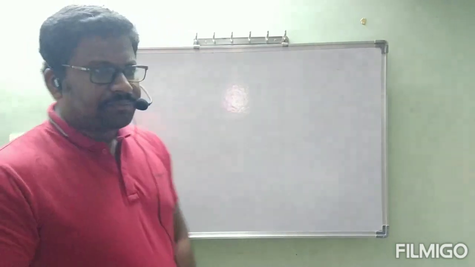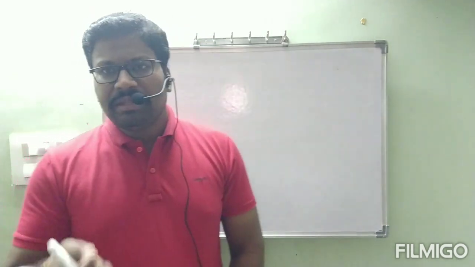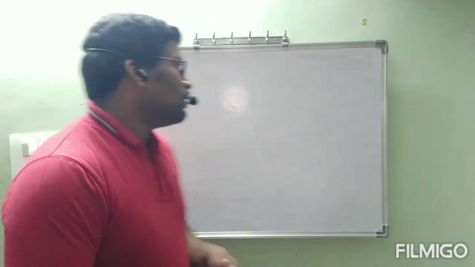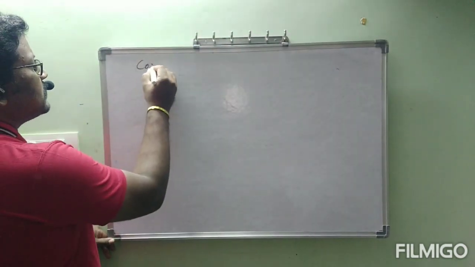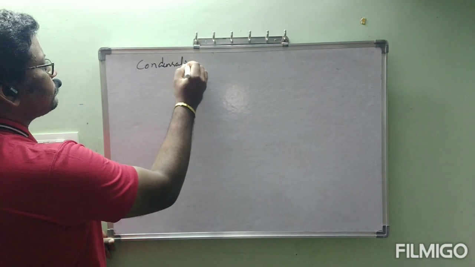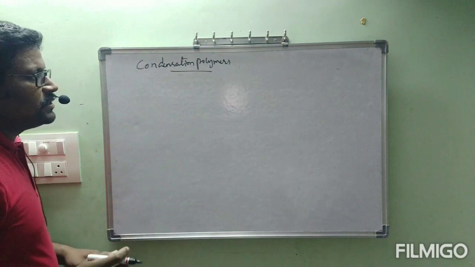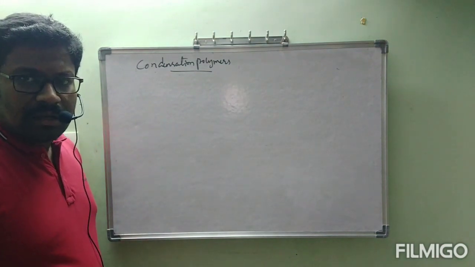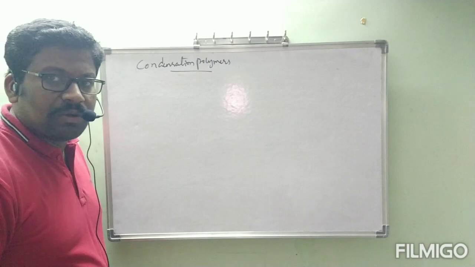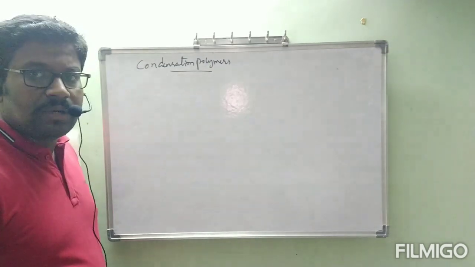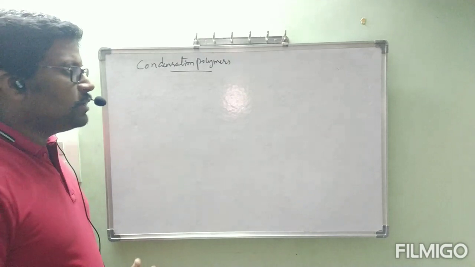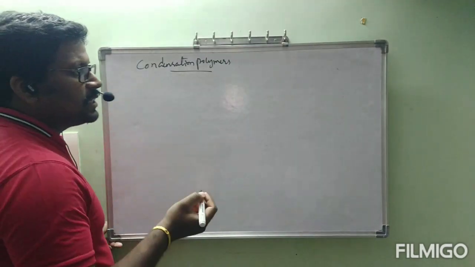Okay, just after completion of these monomers, they might have given some small examples or uses of terylene also. If you read, immediately you will understand what the uses are also. No problem at all. Now, the polymers which undergo condensation polymerization are called condensation polymers. Examples of these condensation polymers we will go through under the names of different categories.